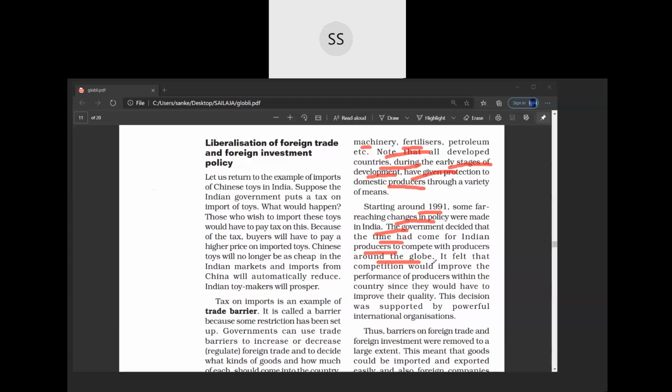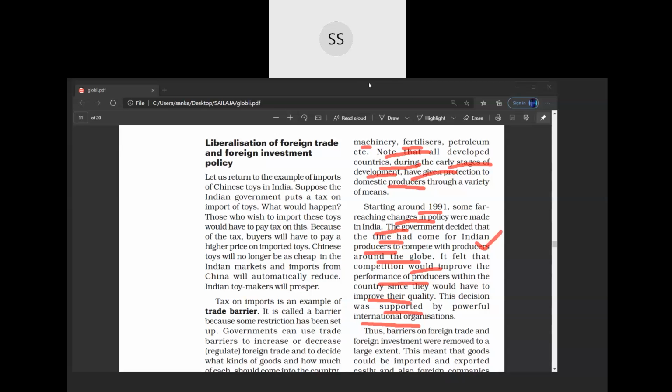Now they can compete with the other countries' producers. Our government felt that this competition will improve the performance of the producers, because if there is no competition, producers can produce even inferior quality products. If there is competition, our producers will produce good quality products. So, to improve the quality, this decision was taken, and this decision was supported by many international organizations, including WTO,